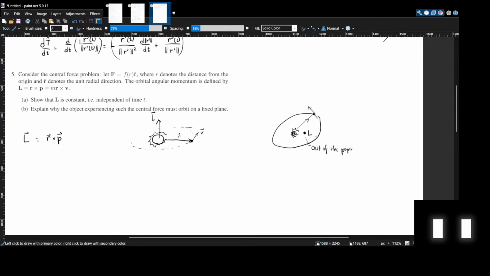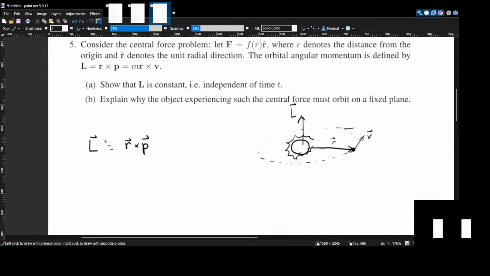Okay, and that's the definition of the angular momentum. All right. Now let's prove that L is constant when the force is central. When the force is central, let's prove that L is constant by just differentiating it. If we differentiate it and it ends up being 0, then we can confirm that it is a constant independent of time. So if we do that, we're going to have r cross F